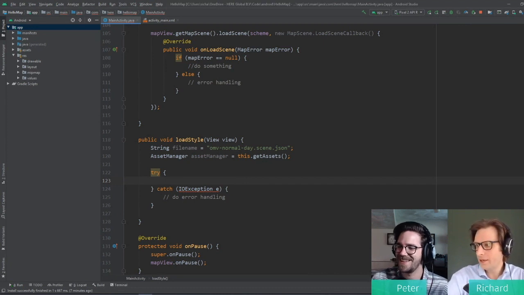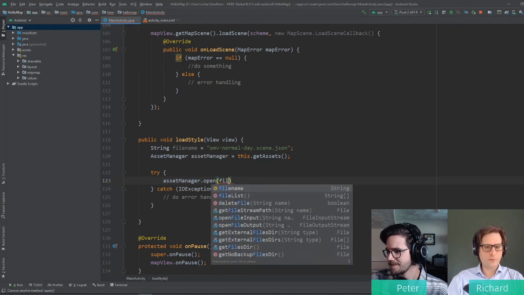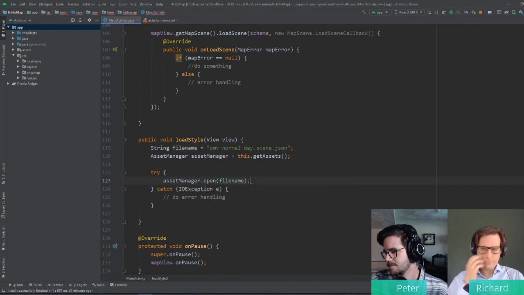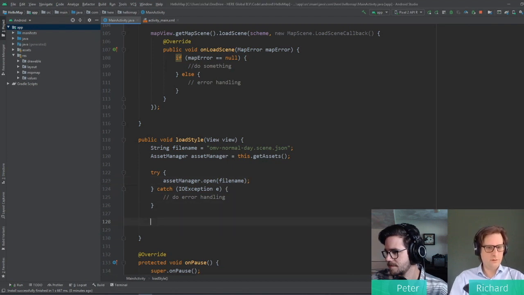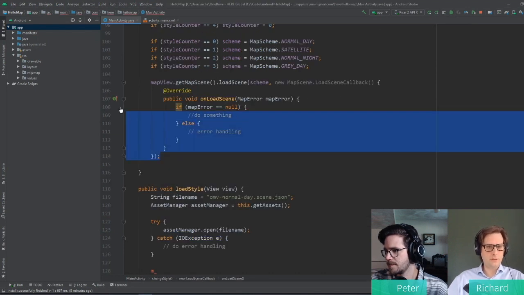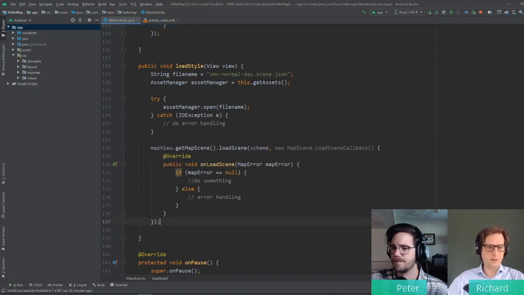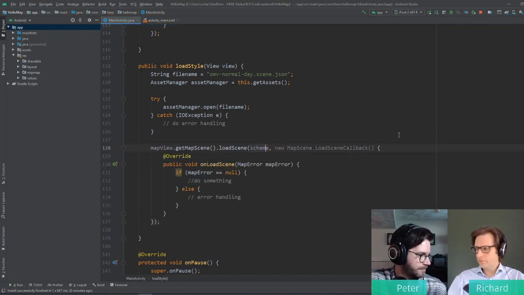Okay. And then basically all you need to do is say assetManager.open(fileName). And then we can just do what we've done before. In fact, I'm going to take this, I'm going to copy it so we don't have to type this all again. The only difference we're really doing here, we're now putting in like,